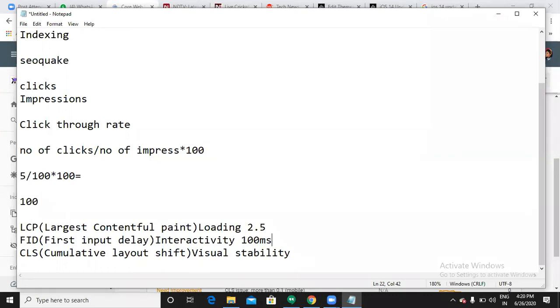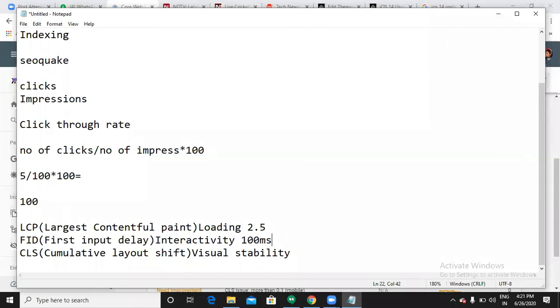Ma'am, I have a small doubt. This loading can depend upon the user who is browsing; his own browsing speed can affect this, like if he has a slow connection. Yes. Apart from that, ma'am, do we have any tools to check before we update all these things? No, there are no such tools. We have to do everything from our back end.